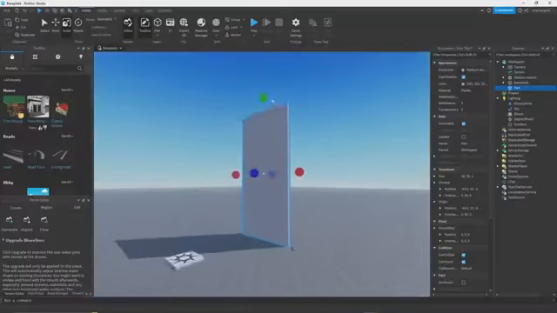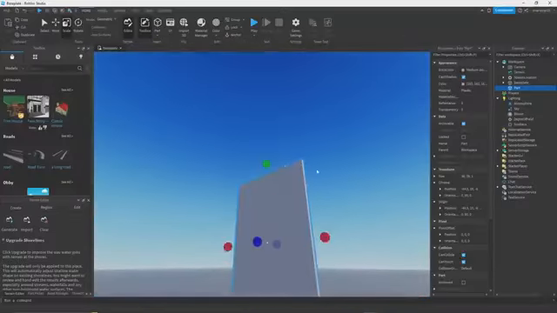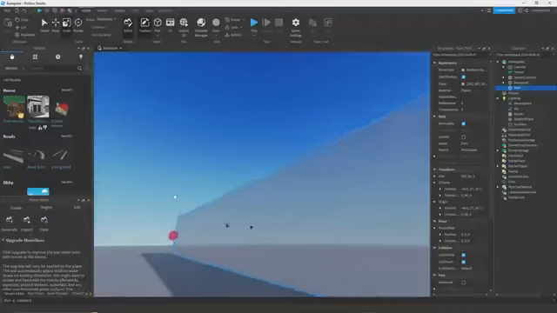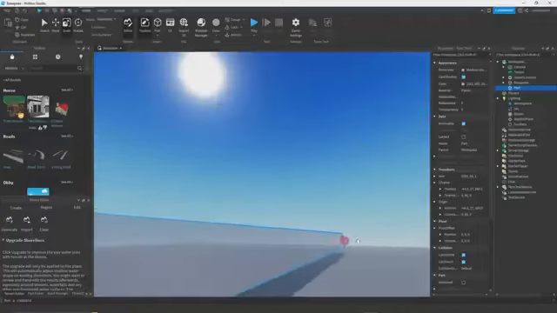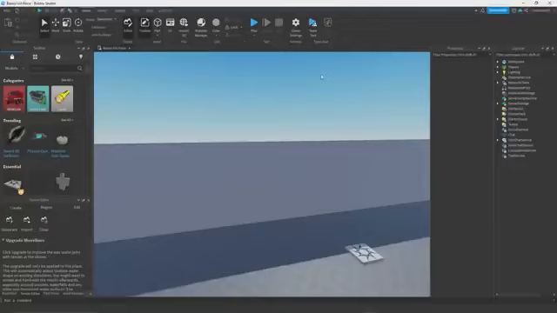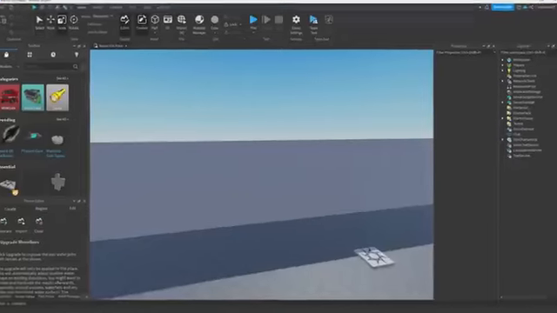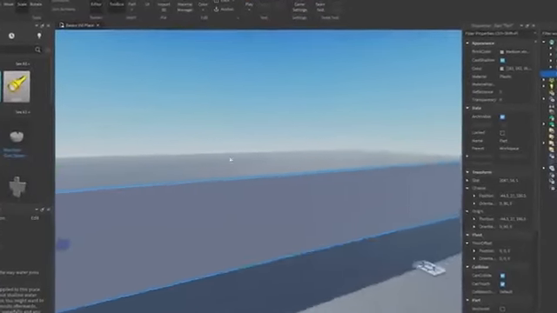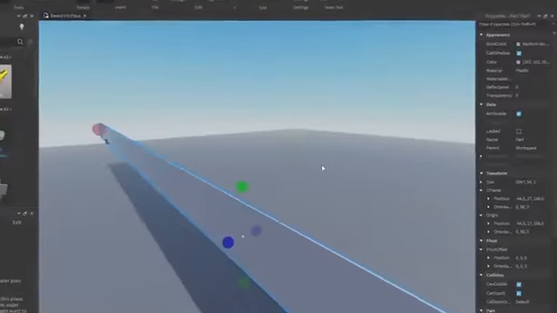All right, so now we're going to turn this part into a wall. We're going to build a wall. So you can scale your part up and say, I want to make this a huge wall and I want to stretch it over the whole baseplate. All right, so we've built our wall. So now we need to look at the different ways you can scale parts. We've scaled this wall out really long on both sides, but